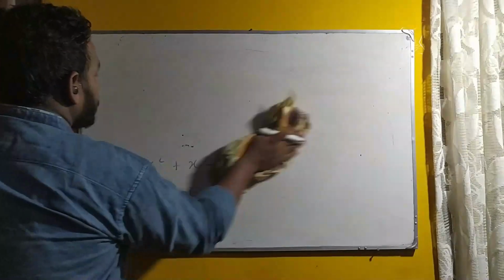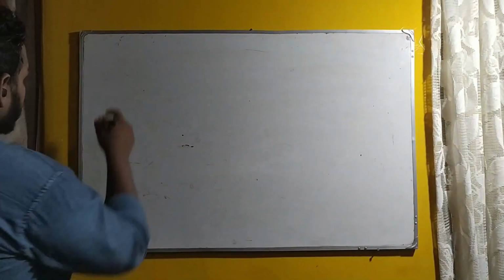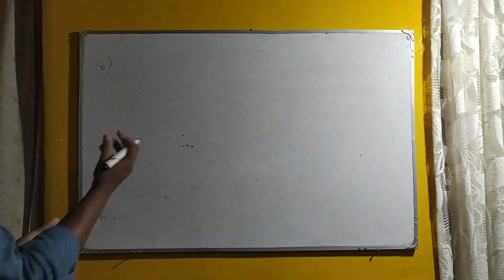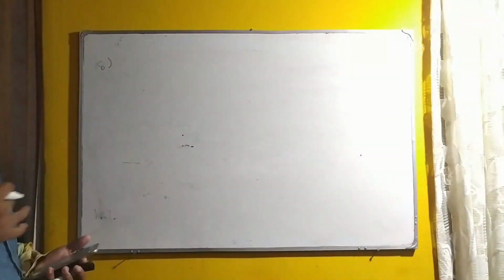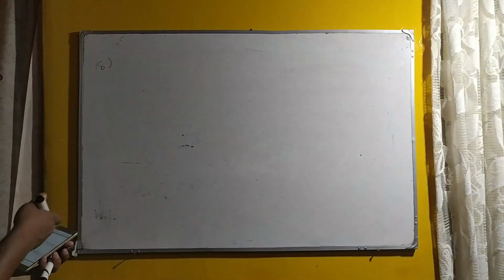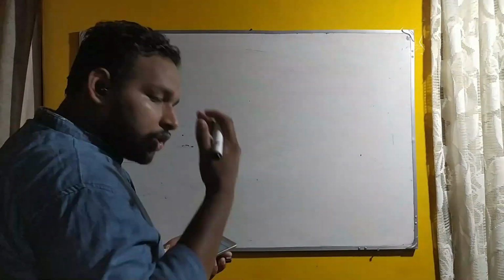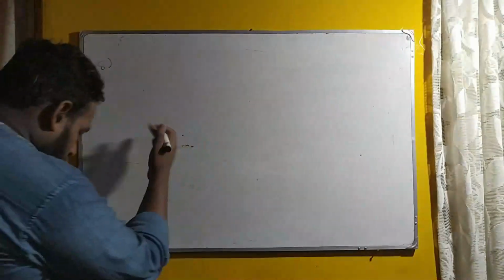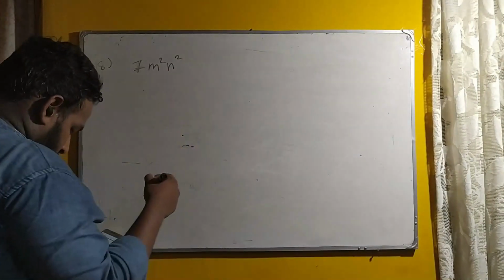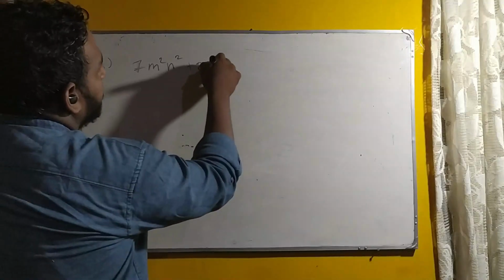18th question. Write 7m squared plus 21m cube as the product of two factors. That means they are asking you to factorize this. The one word they are using several times like this, factorizing, they are using here. They have said the product of two factors. So that means factorizing. So I mean 7m squared plus 21m cube.